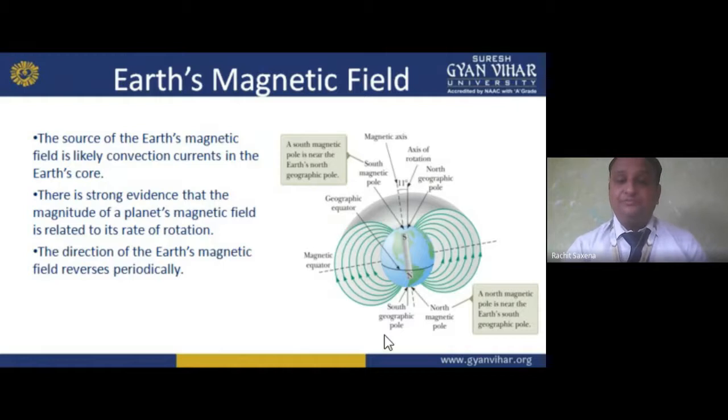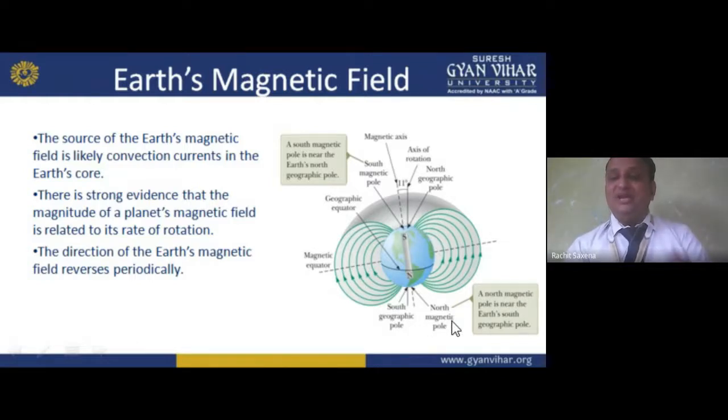Okay, now Earth's magnetic field. See here, if I'm talking about the Earth's magnetic field, this is the geographic equator. We have north and south here. A south magnetic pole is near the Earth's north geographic pole. The south magnetic pole is represented here. That is the magnetic equator. This is the attraction. Here, these are the flux lines attracting the opposite poles. Here again they are attracting. So this becomes the south geographic pole, as I told you earlier, but it is basically the north magnetic pole, my dear student.